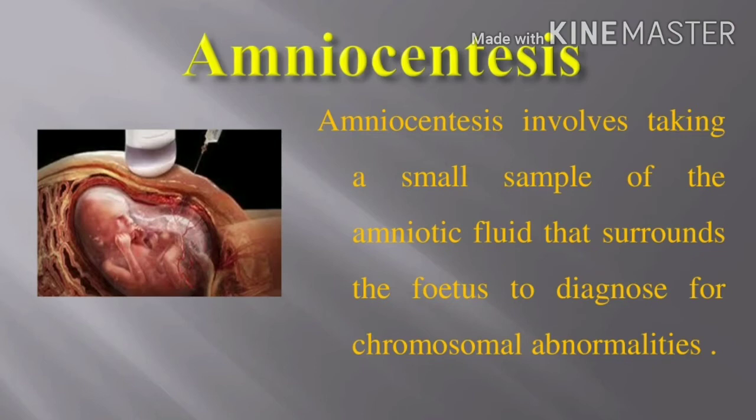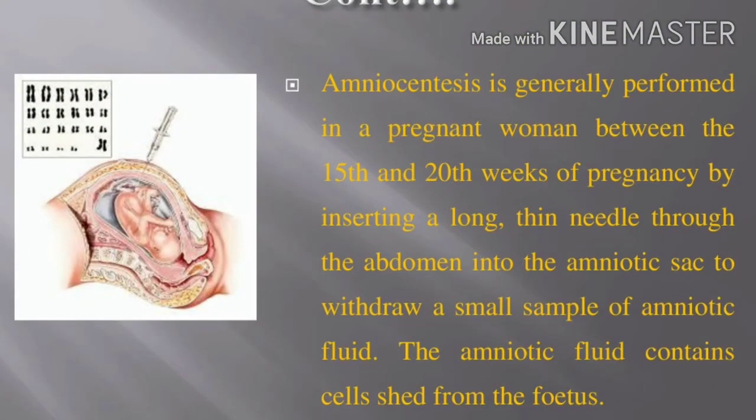If the first child was affected by chromosomal abnormalities, or there is a family history of chromosomal abnormalities, they fear for the health of the next baby, so they diagnose chromosomal abnormalities. What is the procedure of